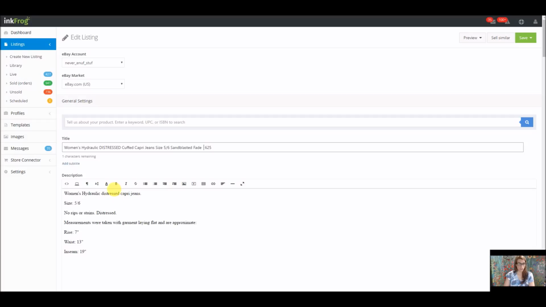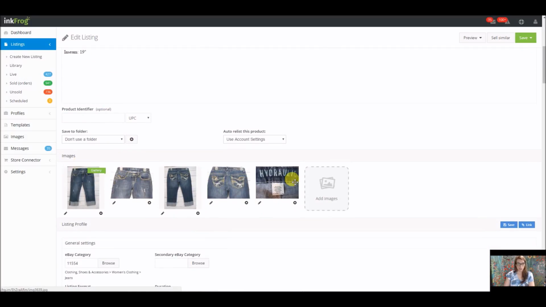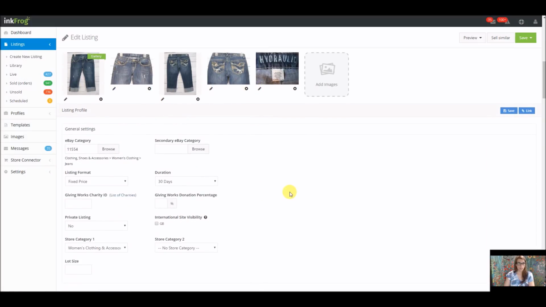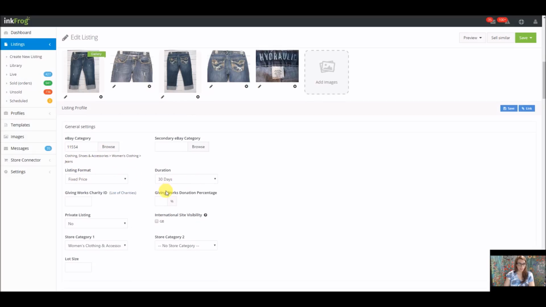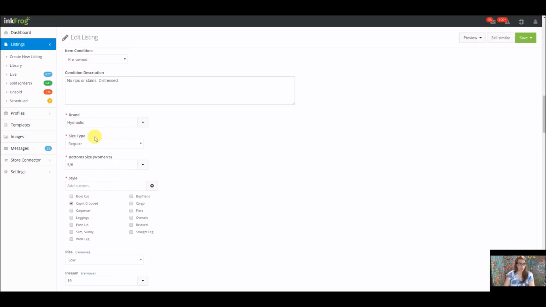Okay, and then she's got that here. See, she's learning little by little. She knows that they're distressed. No rips or stains, they're distressed. And then she's already got the pictures in here for me. And she did take these pictures. These are hers. So she's doing an excellent job of that. She's automatically got the category, automatically got fixed price, automatically pre-owned, the brand, everything. See, she's done all the